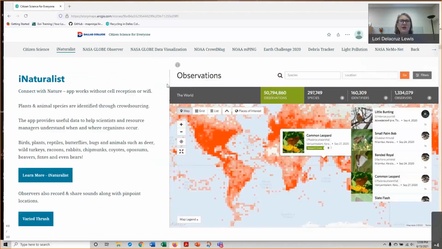So let's look at the one that most of our students are familiar with. It's called iNaturalist. We do something on our campuses here called BioBlitzes, where we go out and have our students put iNaturalist on their phone, and then they can take photographs of birds, bugs, reptiles, plants, flowers, leaves, anything that they see that is worthy of